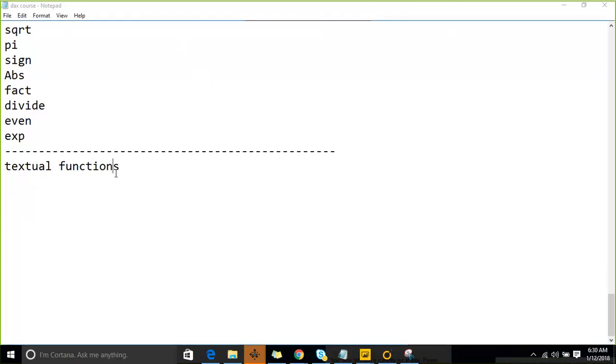So the next one is the textual functions. Whenever you are working with the textual columns, you are going to use these functions, and here the functions are blank, code, concatenate, exact, find, fixed,